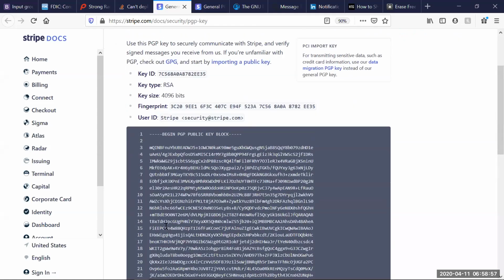Very massive, 4096 bits, so obviously double your regular size for an SSH key. They also provide a fingerprint here, very important, and a user ID. These are very important. When you make GPG keys, it's not just a regular certificate. It has to be for a specific recipient,